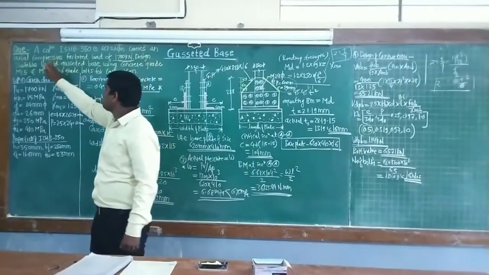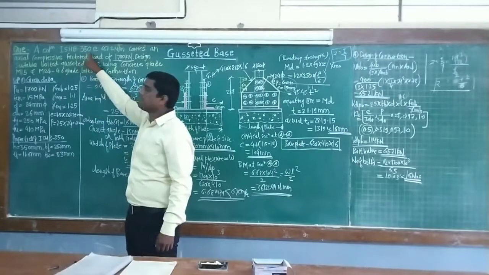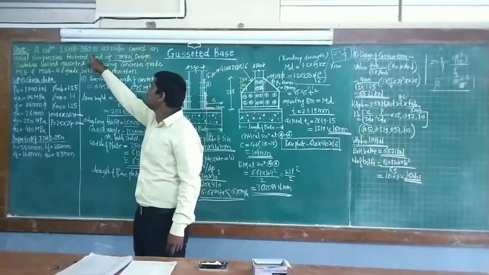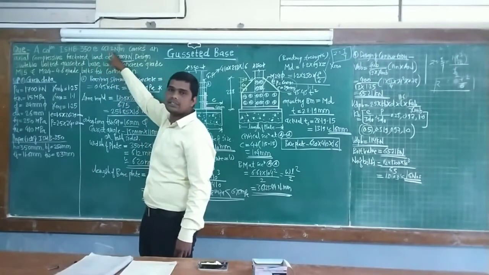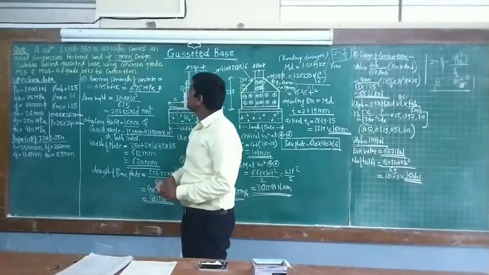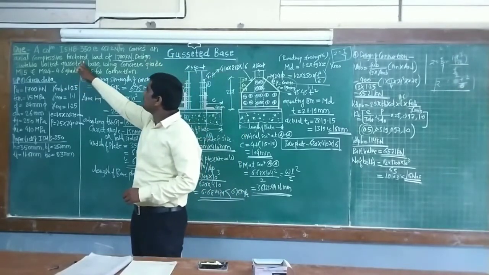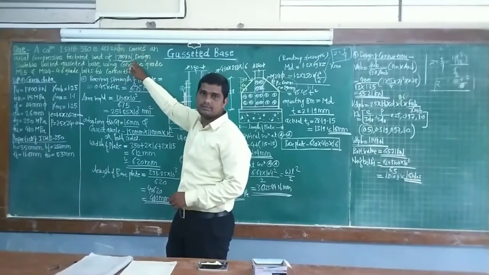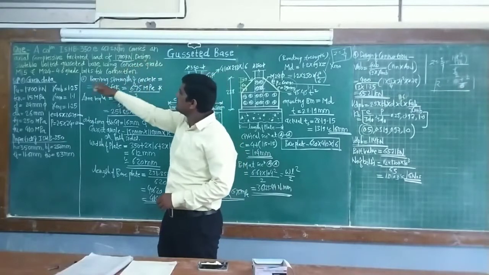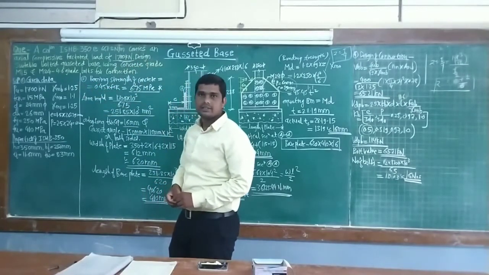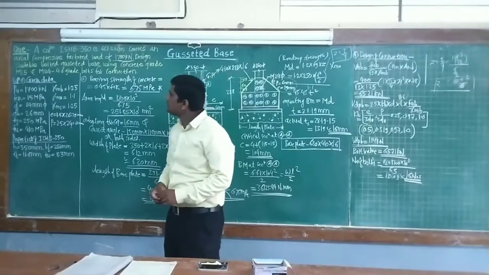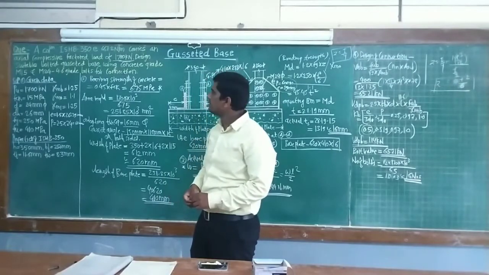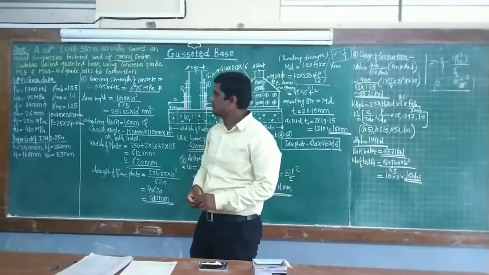So we have with us a numerical. A column ISHB 350, Indian Standard Heavy Beam 350, the depth of the section is already mentioned, carries a factored moment of 661.2 Newton meter and an axial compressive factored load of 1700 kilonewton. Design a suitable bolted gusseted base using concrete grade M50 and M24 4.6 grade bolts for the connection.